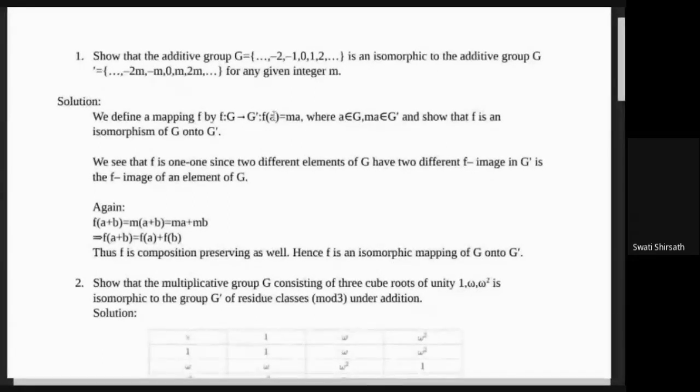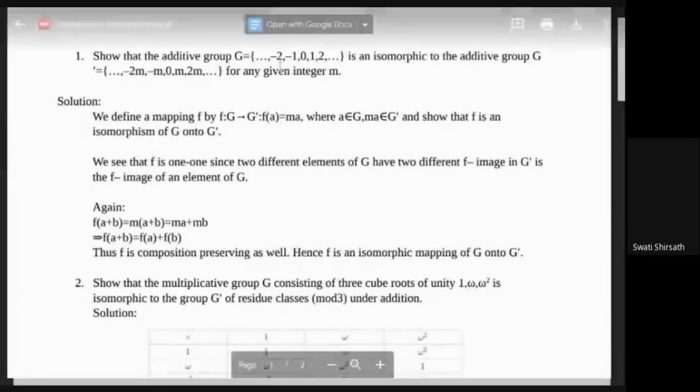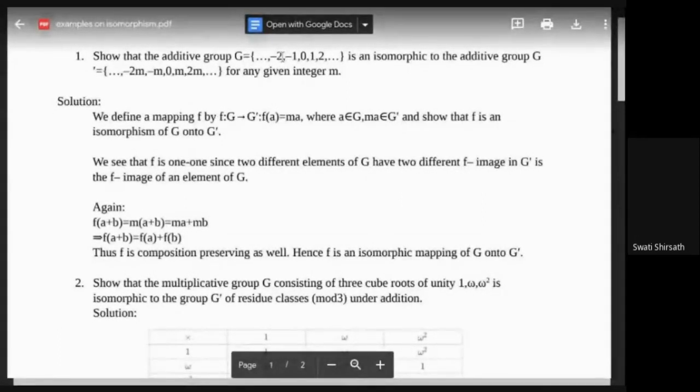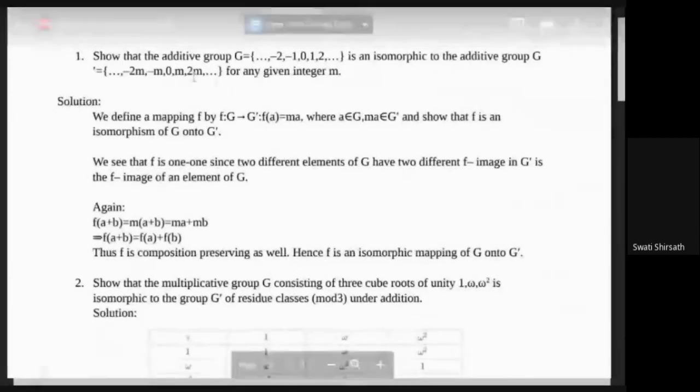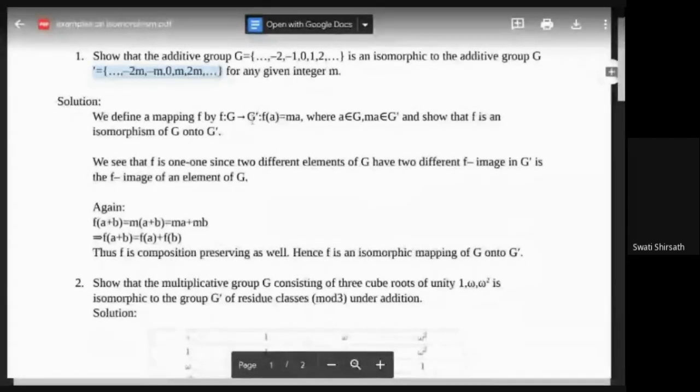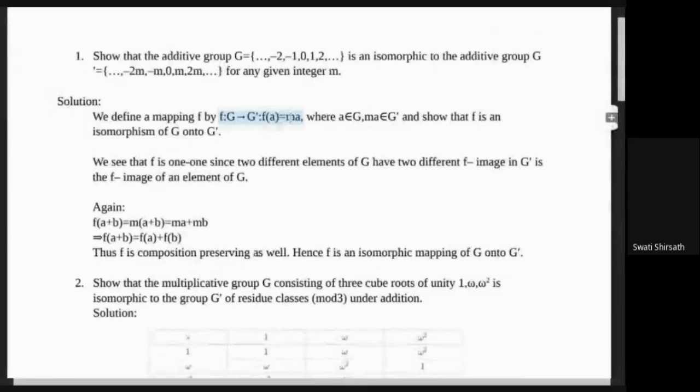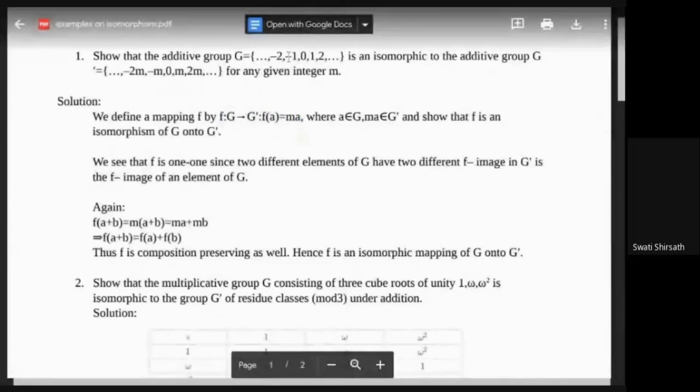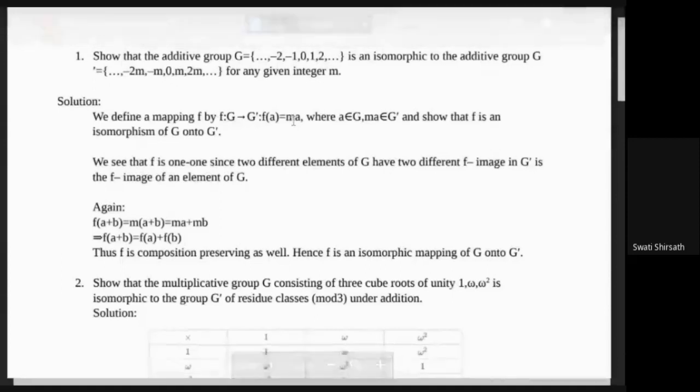Here this function is straightforward because m is just a constant number, so we have written it with a, and in the next additive group, G dash, which is our codomain, we have m into 2, or 2 into m, some constant number. So this m is constant and this a value is changing, coming from the domain. This is how we have defined the function between these two groups: f of a is equal to ma. Now our task has become simple because we have got the function.